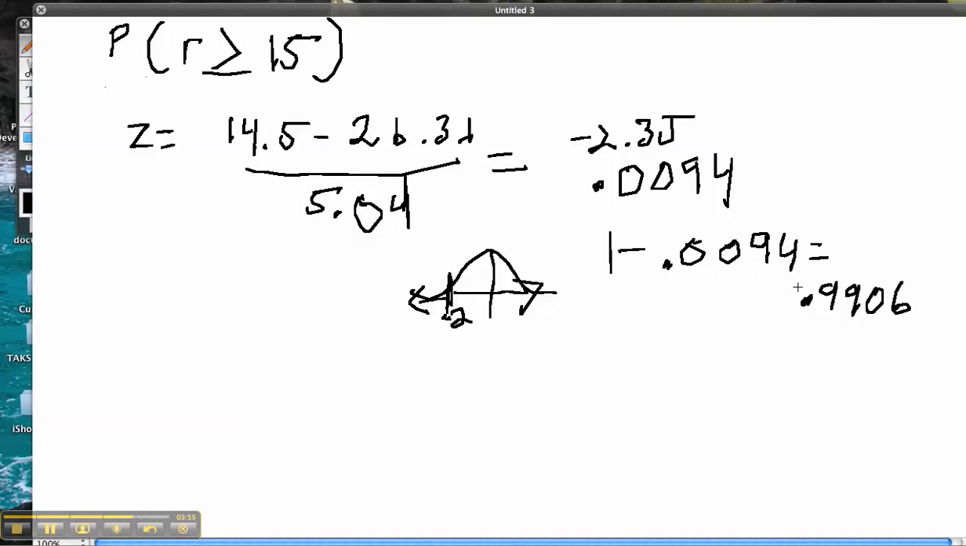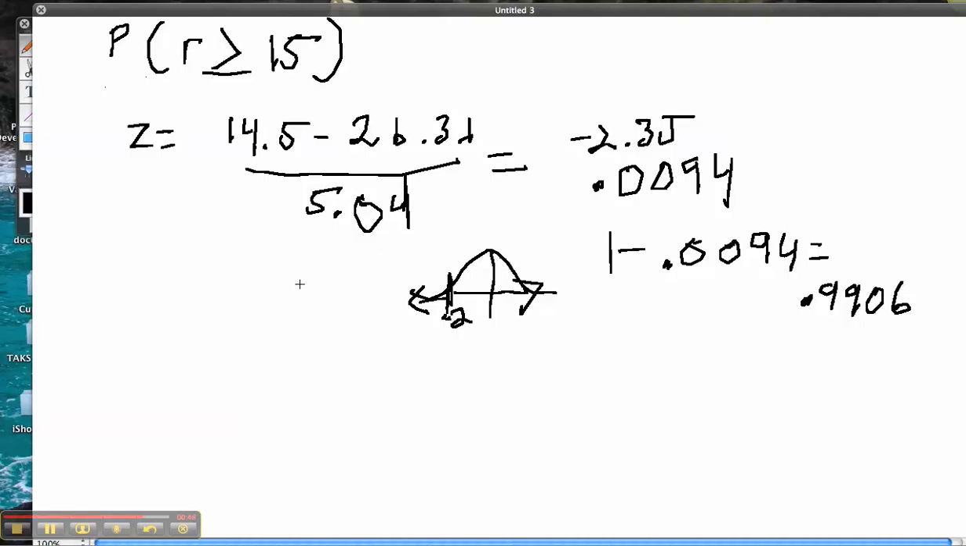So basically, it's saying that there's a 99.06% probability that 15 or more students will live beyond the age of 90 out of that class of 753. That's how I solved